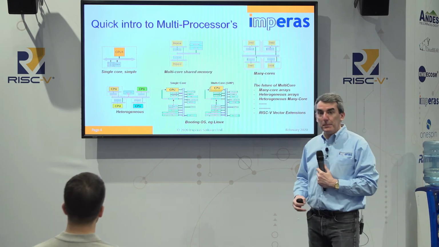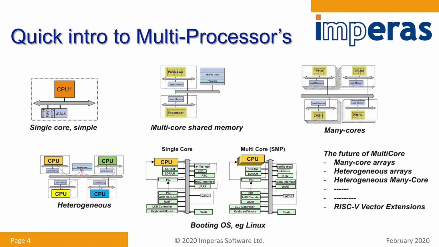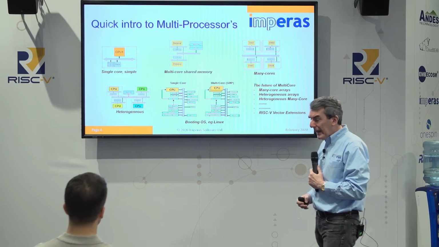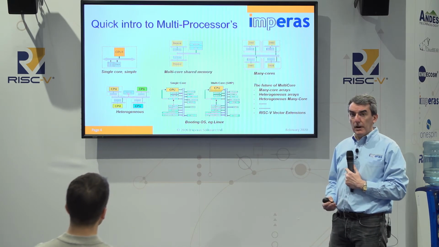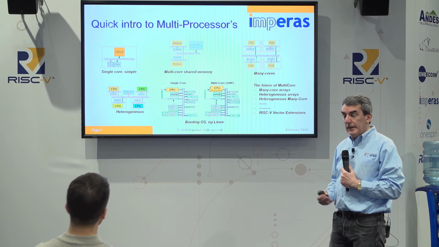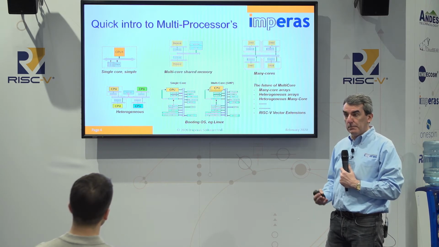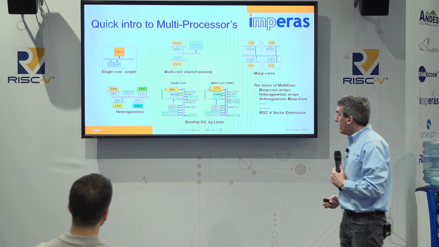Some of you may not be familiar with multicore. There is the single core classic embedded design, but you can add multiple cores. They can share memory and coexist and work on the same problem, or they could be a many-core array where you have different tasks allocated to different processors. And then the heterogeneous multi-core is where you have designs of a different architecture and a different capability. These all come together on the SoC to complete your whole design.